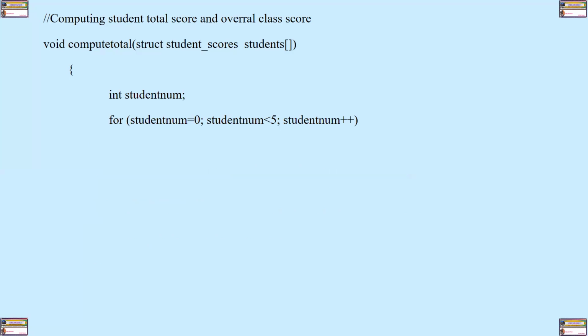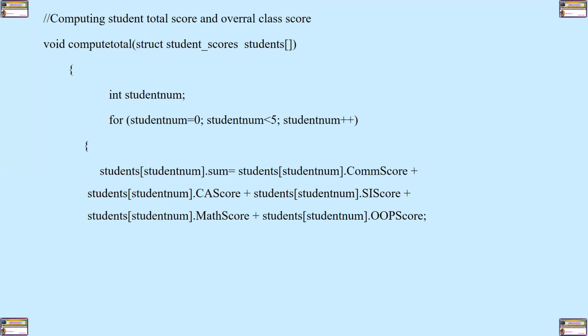So increment the value, not the for loop, but the value of the counter. Student name will be incremented by 1. So 0 plus 1 is 1. Then check, is 1 less than 5? Yes. Repeat that. Pick what is in student 1 member OOP score, and what is in student 1 math score,